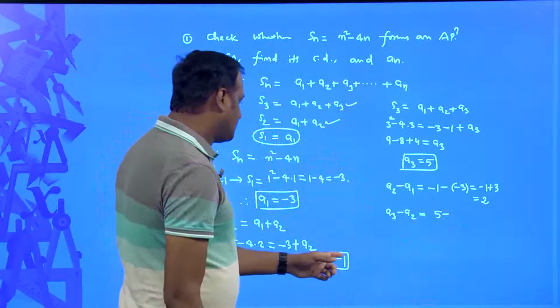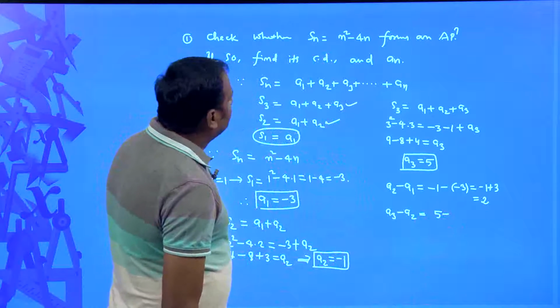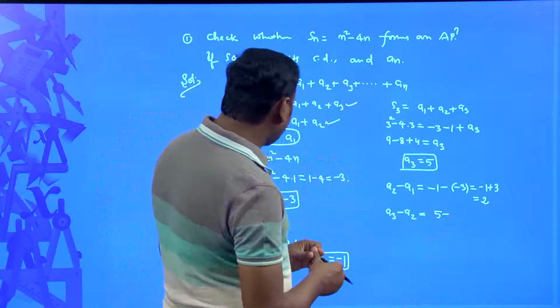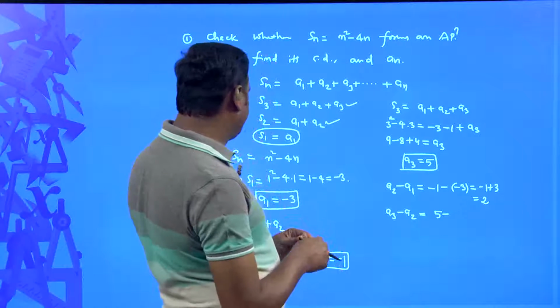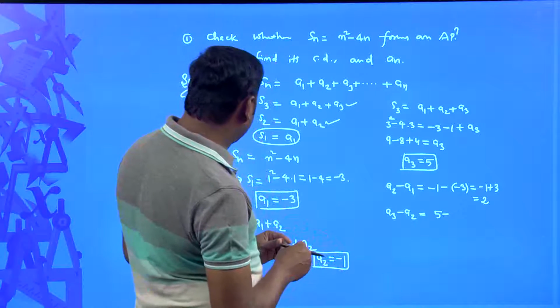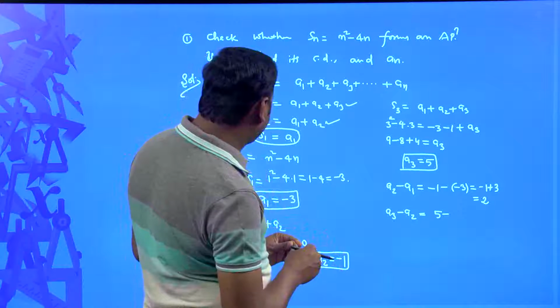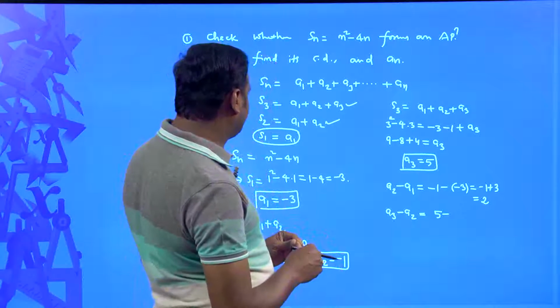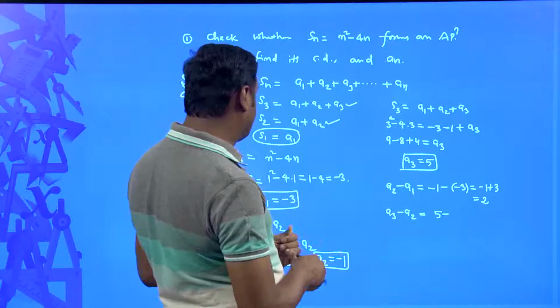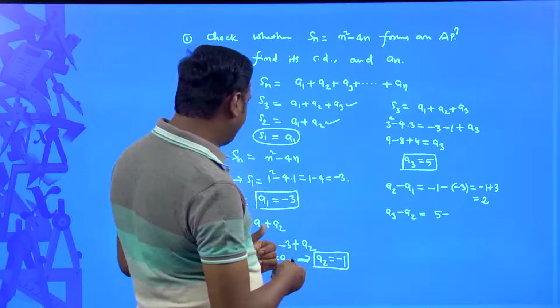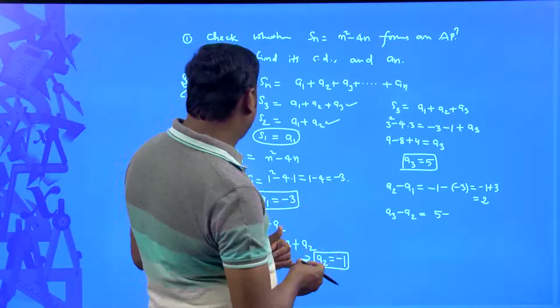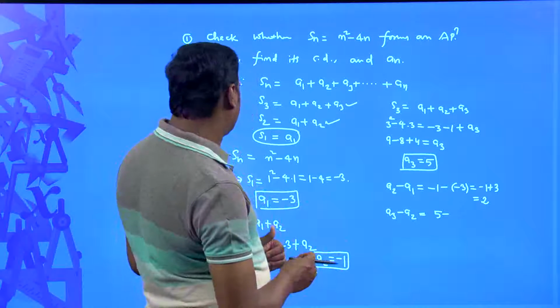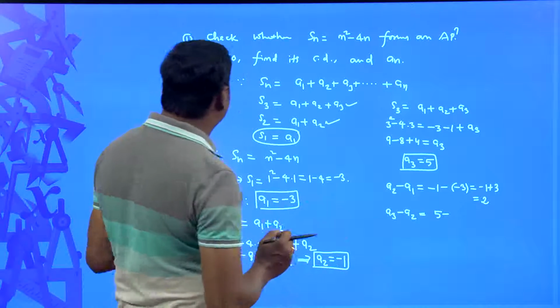a2 is equal to 1, right. So, here did I find the values of a1, a2, a3, correct. So, a1 is equal to minus 3, a3 minus a2. So, a3 minus a2 is minus of minus 1, which is going to be plus 1, 5 plus 1 is equal to 6. So, getting a different answer. a2 minus a1 is minus 1 plus 3, which is equal to 2. So, let me just check once again.